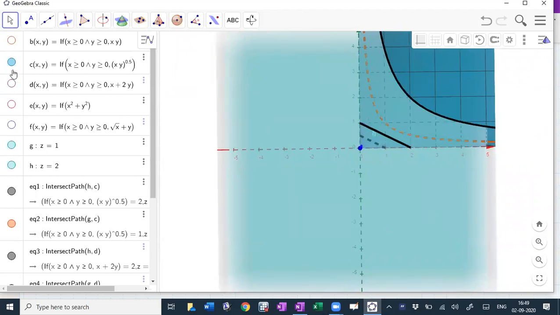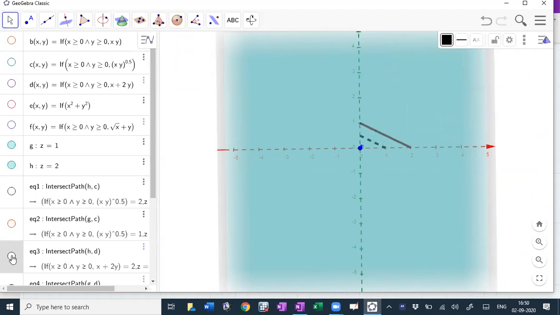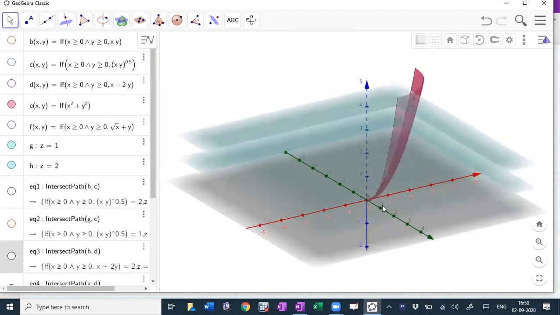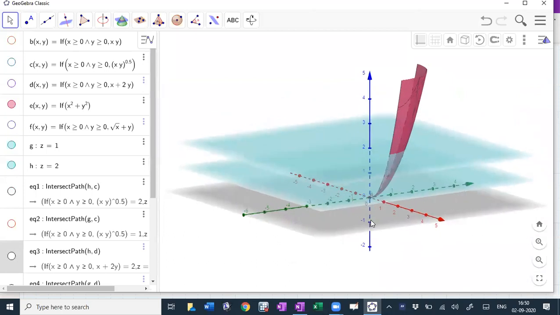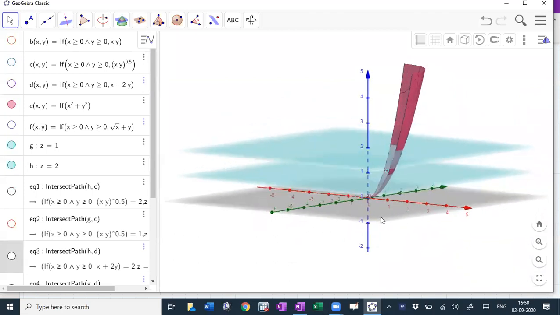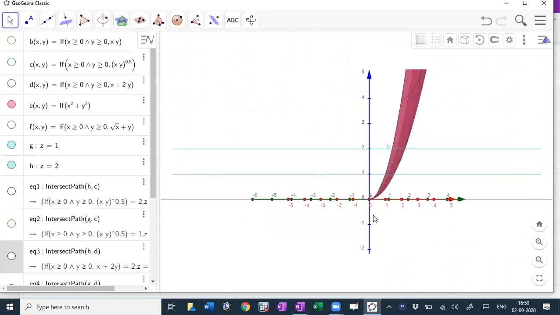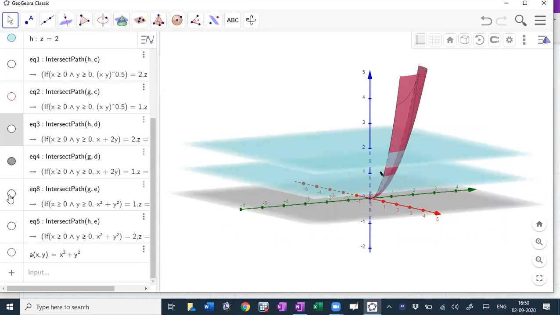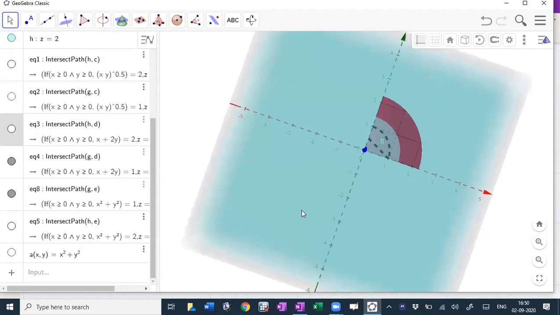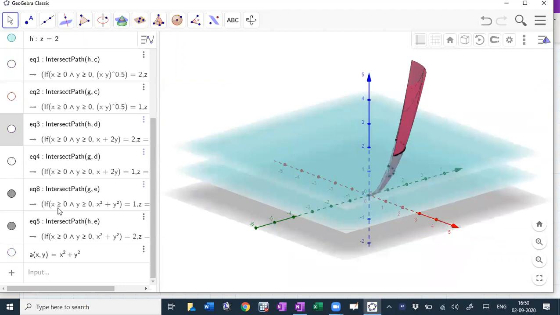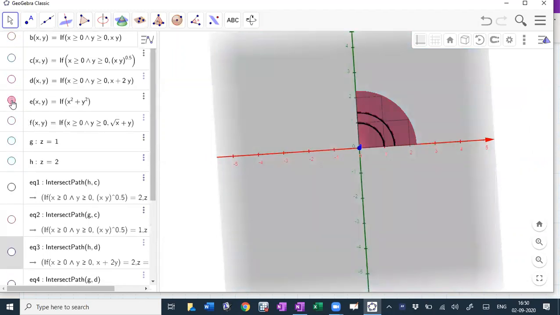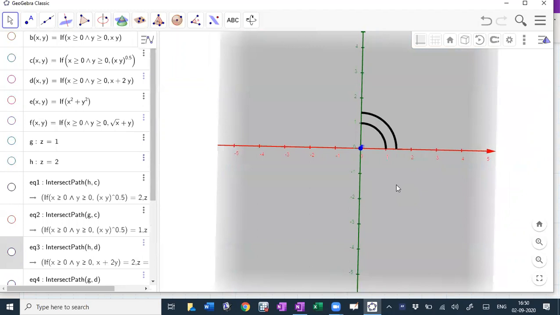We can also try this with this function x square plus y square, which was the upward opening cup, of which I have only taken a part. If the two planes intersect this surface now, and again I will take the intersection and drop it in, sorry, I have used the wrong one, I think. Yeah, these two, and then I drop it on 2 dimensions and remove everything that I don't need, then I will see indifference curves looking like this.